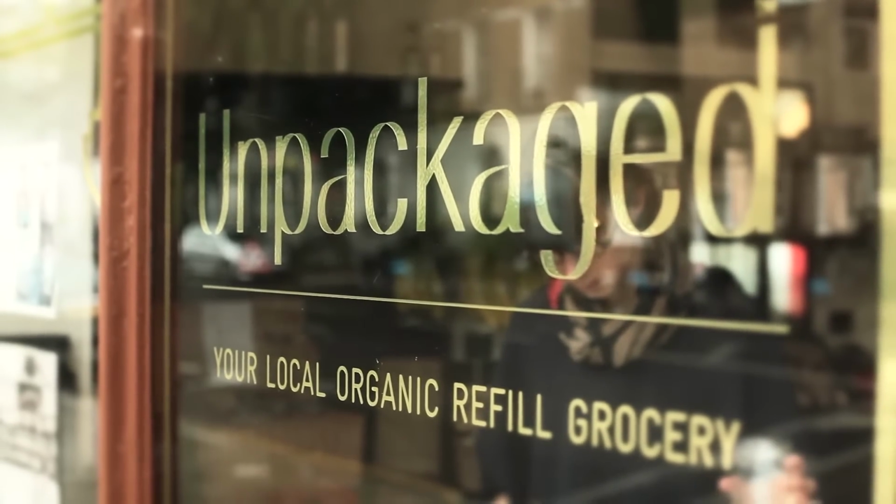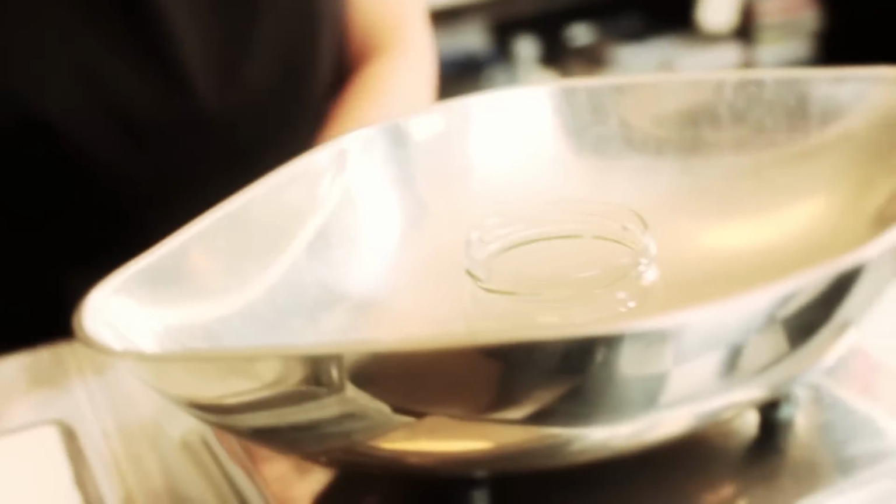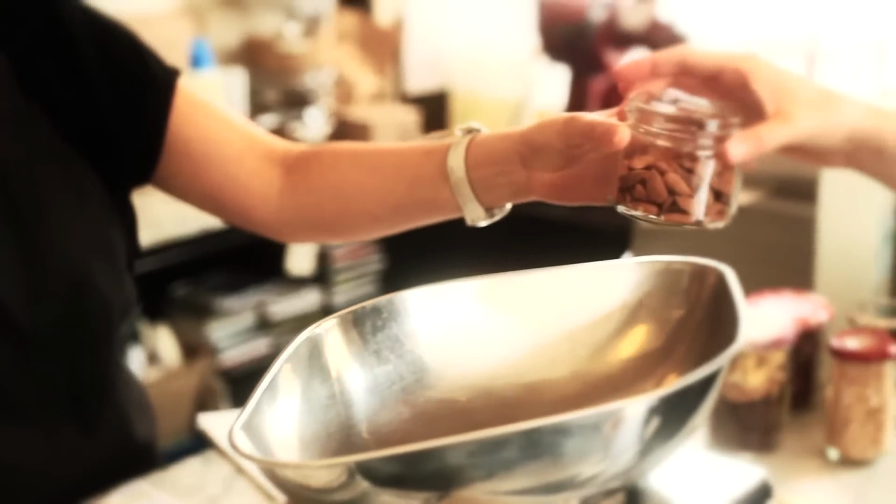The concept of Unpackaged is to encourage our customers to bring their own packaging to refill, which both saves them money and obviously reduces the amount of packaging they create. I came up with the idea for Unpackaged because I used to go to health food shops and I could always refill my Ecover cleaning products, but I could never refill things like dry goods. So I, as a consumer, wanted to refill, and that idea led to our market stall, which then in turn